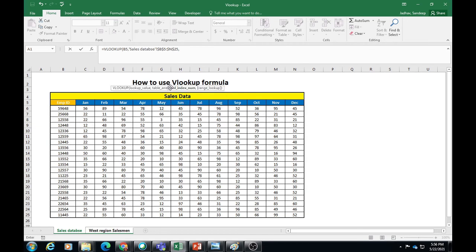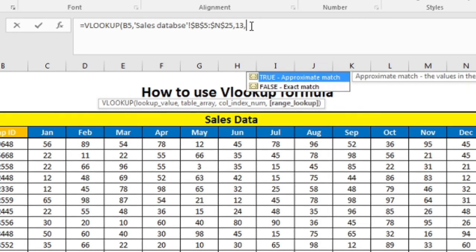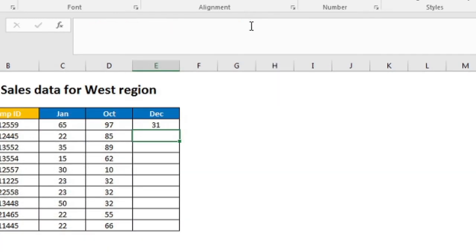Now the column index number for the month of December is 13, 12 months and 1. This particular column starts and will be taken as 1, and 12 months, so it is 13. So the column index number for December is 13, comma, exact value I want, so 0, and then I will press enter.